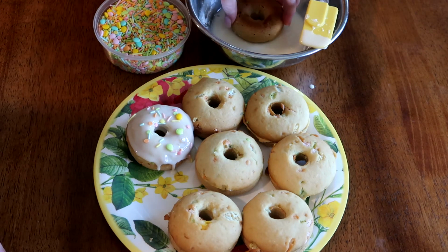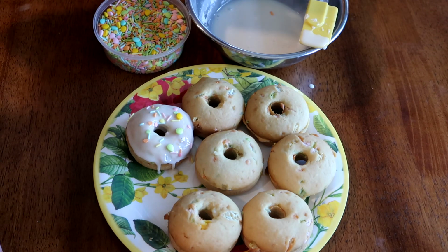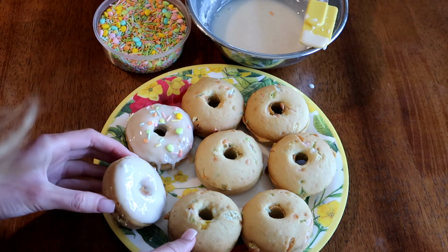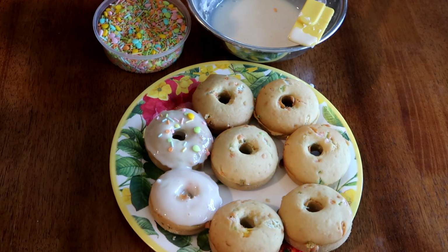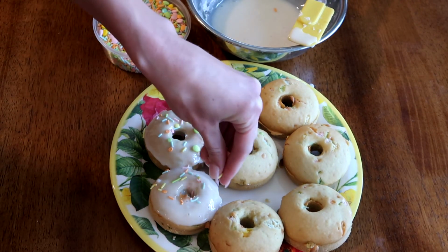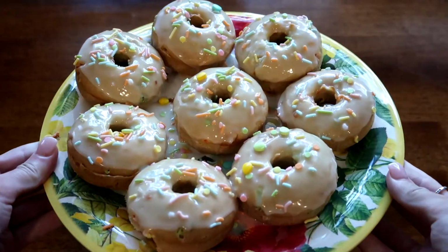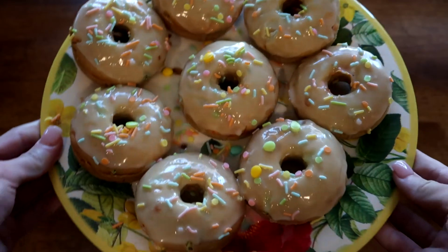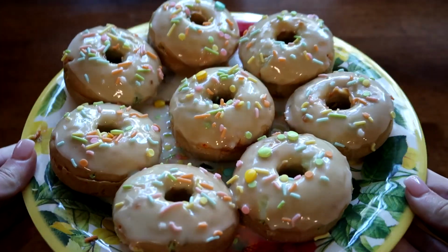And these are so good, you guys. Look how cute. I cannot get over how cute these donuts are. They are so spring. They just scream spring. They scream Easter. They are so good. You cannot tell the difference of them being vegan. I promise, they are literally so good. I highly recommend trying these out, and I promise you guys, you will not